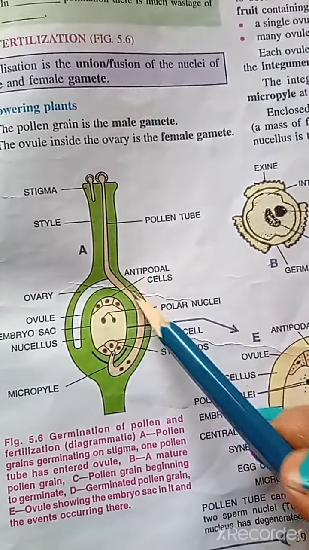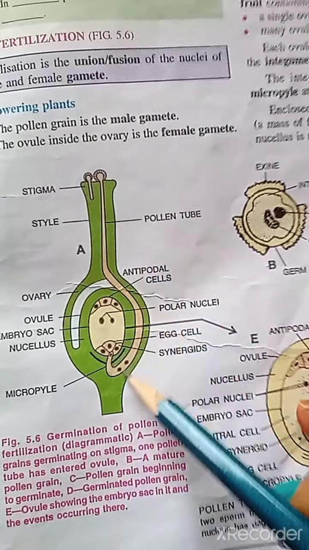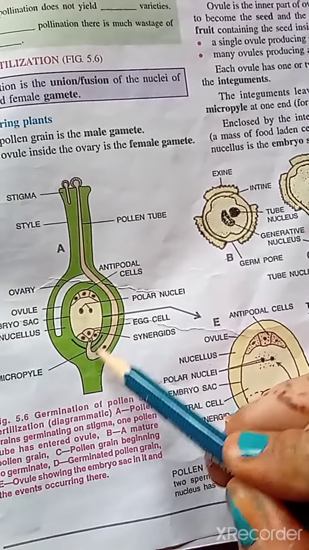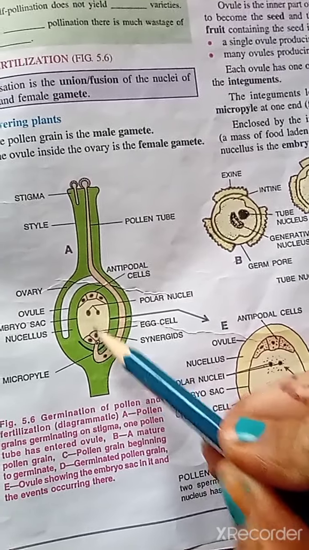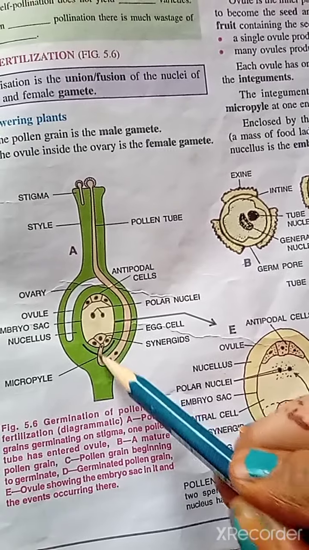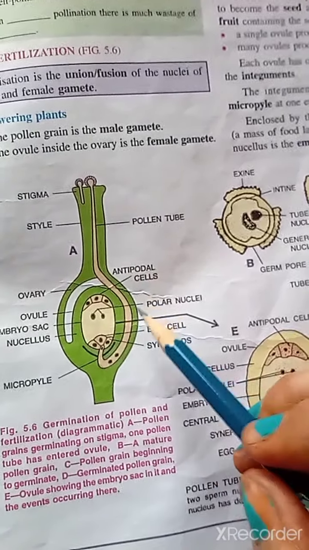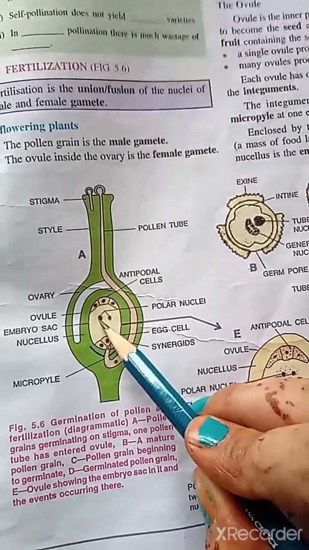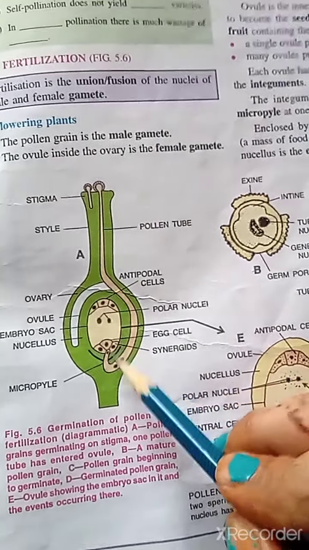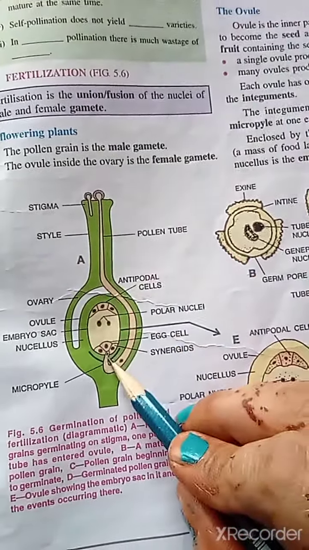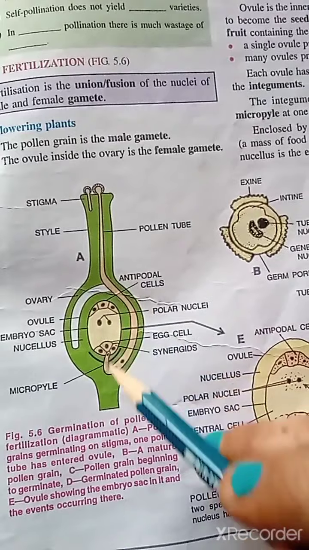The pollen tube is advancing, and when it goes downwards to the ovule, through the micropylar end it will enter into the embryo sac, and one of the sperm nuclei will fertilize the ovule and form the zygote, and the second male nucleus will go and fertilize the two polar nuclei. Hence that is why it is called double fertilization, students. I hope this is clear, students, how the pollen tube enters inside the embryo sac.